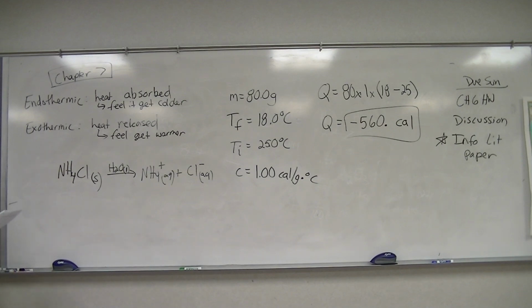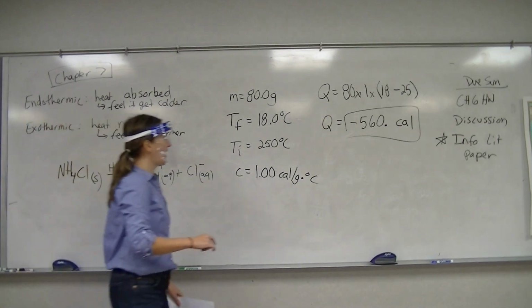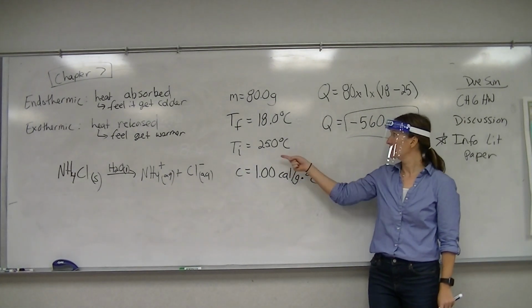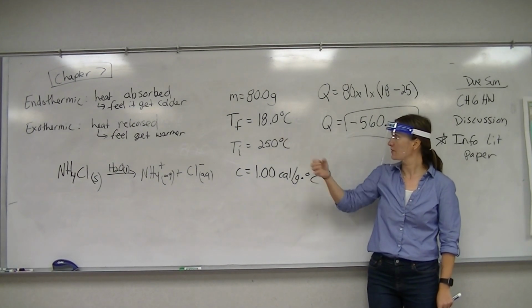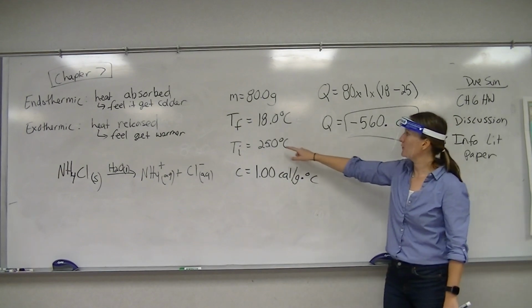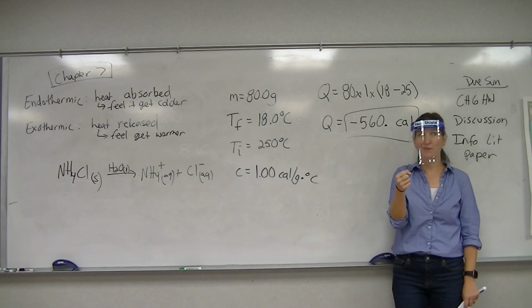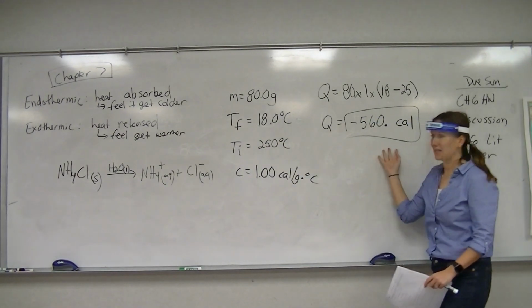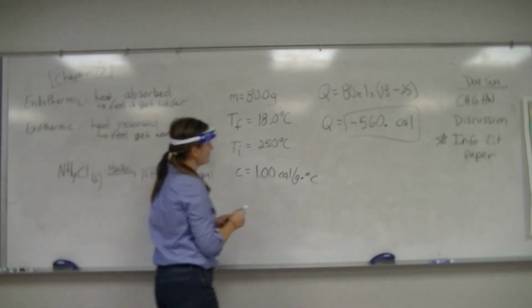So how to figure out if it's endothermic or exothermic? Instead of memorizing, oh, Q value is positive, Q value is negative, I like to look at the temperatures themselves. So the initial was 25. Did it get colder or did it get warmer? Okay. It went from 25 to 18. Oh, the temperature dropped, so it got colder. So if you were holding on to it, would you feel it get colder or warmer? You would feel it get colder. So this has to be an endothermic reaction. Because the temperature dropped, you would feel it get colder. So this is